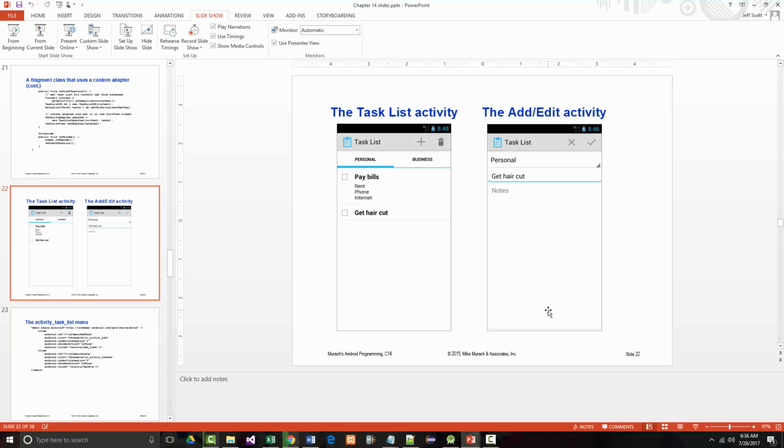When the app starts, remember the task list activity displays a list of tasks where each task has a checkbox, as you can see right there, that indicates whether it's been completed, the name of the task, and any optional notes. In addition, the task list activity provides tabs for two lists, a personal and a business. To display lists, the user can click on the tabs. In the example that's shown here, the personal tab is selected, so the tasks for that tab are the ones